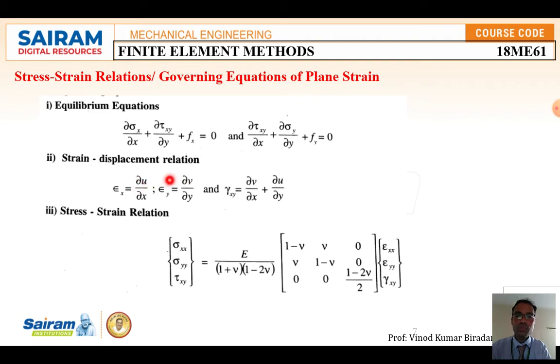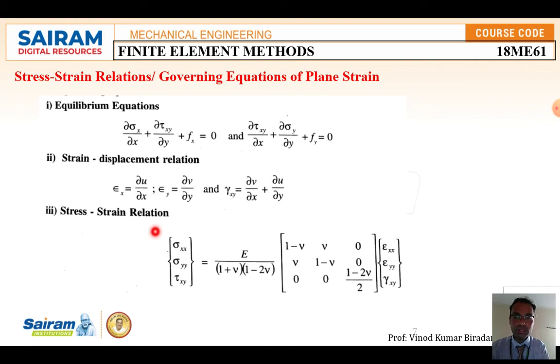So the combination of these two we are going to call the shear stress, that is gamma xy, which is equal to dou v by dou x plus dou u by dou y. So this is about the strain displacement relation. This is very important. Sometimes they may ask you to define plane strain and write the strain displacement relation, which means you have to write these three. So coming to the last equation, that is the stress